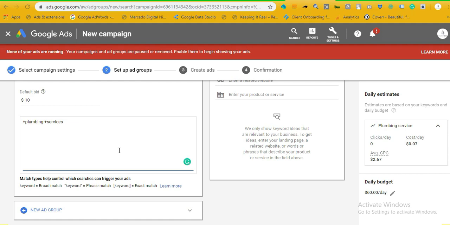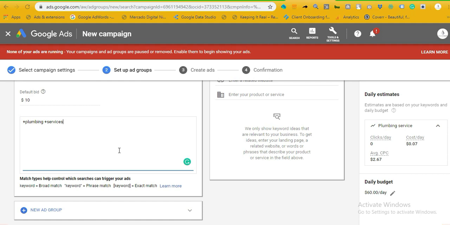Now it's important to keep in mind that after this step, there's also the opportunity to add negative keywords. Negative keywords are going to protect your budget against rubbish queries. So if someone's looking for plumbing services magazine, or plumbing services marketing, or plumbing services website, or plumbing services for hire, or something that's not really someone looking for the job, then you can use those negative keywords and add them to the ad group or campaign level, and that is going to block your ad from popping up